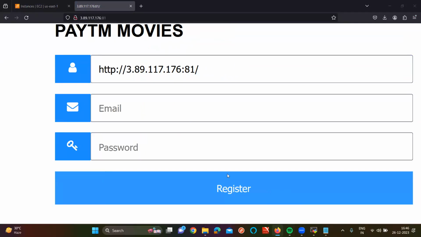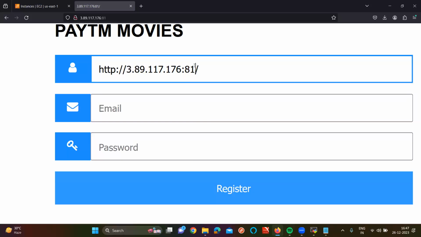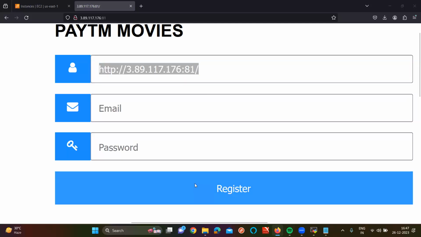81 is the container port number, Sunil. So type this IP address only. Don't type HTTP and everything. Okay, IP address and port number 81. So for online, I'm going to give it in your chat box. Please verify your chat box, all of you, and let me know whether you are able to access the application from that URL or not. Are you getting the application, sir? All of you, right? So now what I'll do is next